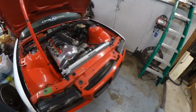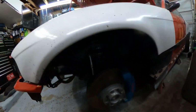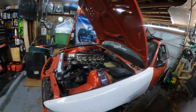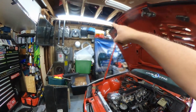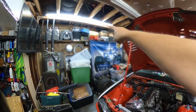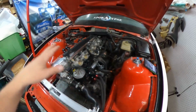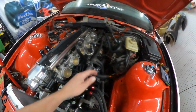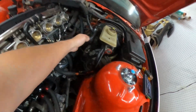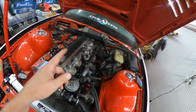So we have the tires off. So we're double checking everything, making sure our coilovers are tight, everything's tight. We still need to grab our intake from upstairs. Actually, I think it's like right there. And figure out how we're gonna hook it all up. But I gotta cut this because I gotta make this smaller because this thing is pinched here before we install. But we have that